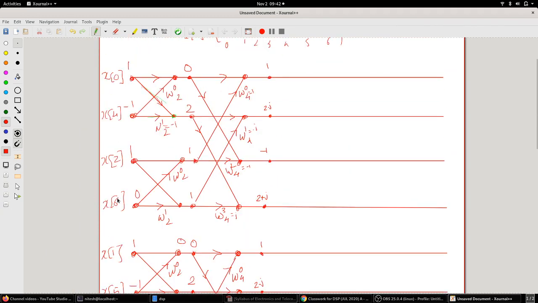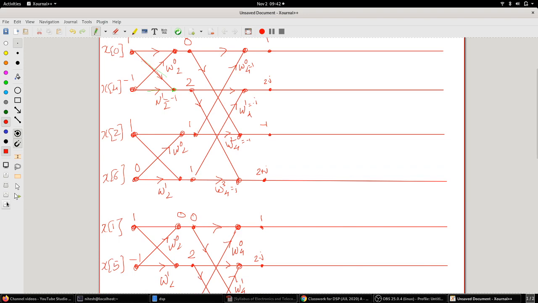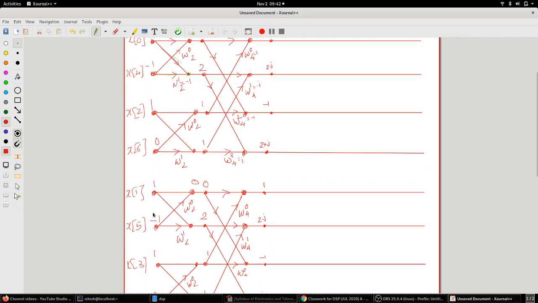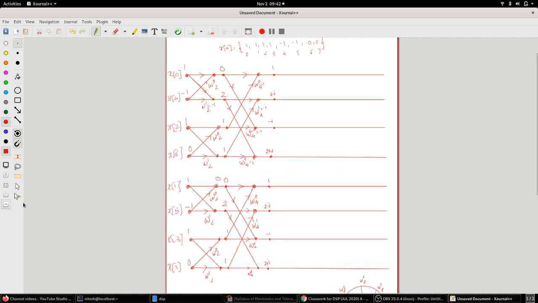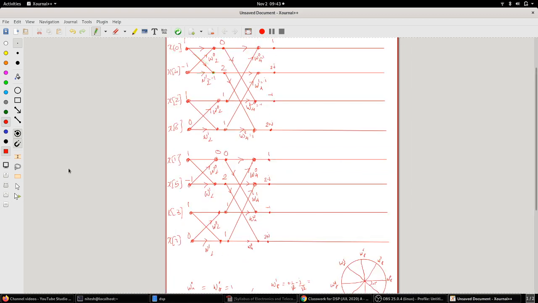Okay, so now what you have to do is find the 8-point structure in this case. So the 8-point structure we'll draw, because we have already drawn the 2-point and the 4-point. So let's draw the 8-point now. The 8-point structure, which will be following this particular 4-point structure, will look like this.